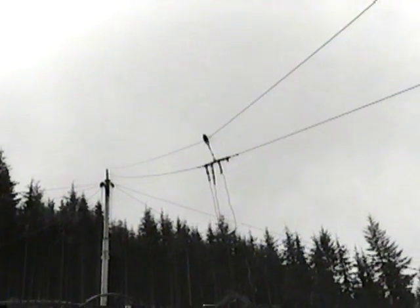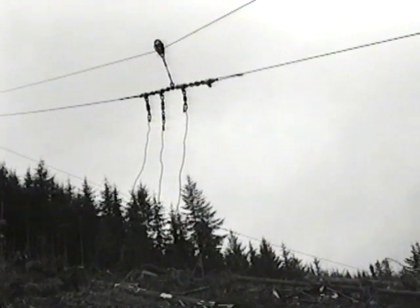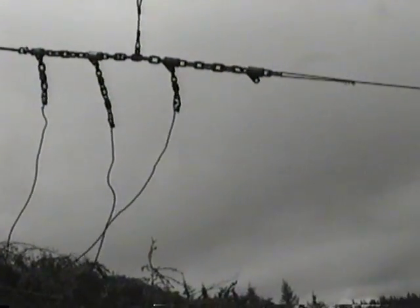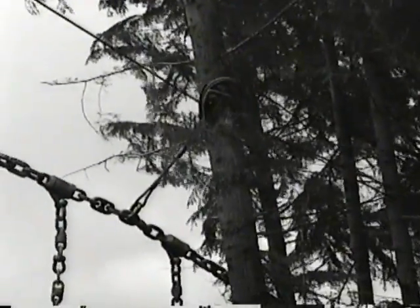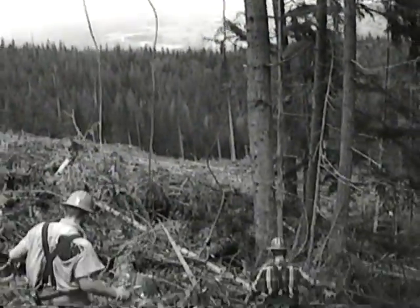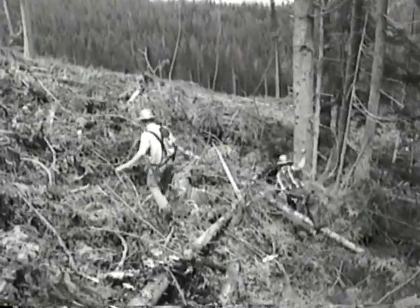It hooks to the other end of the chain after passing through a pulley at the end out in the woods. As the operator goes ahead on the haulback, he rides his foot on the brake of the mainline drum, keeping it tight and the whole loop up in the air. The rider block is the pulley connecting the two, and it provides lift. The harder he steps on the mainline brake, the tighter the loop and the higher the cable is off the